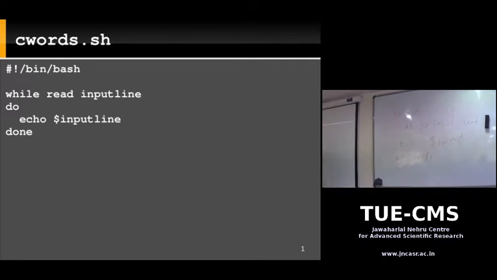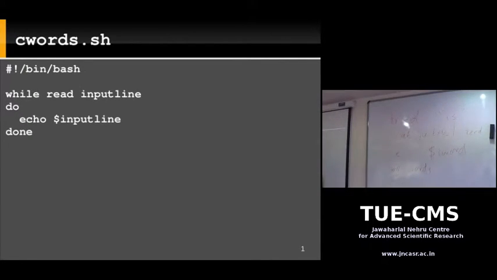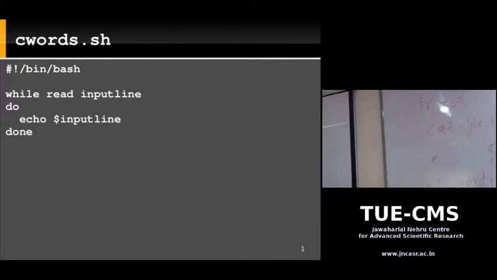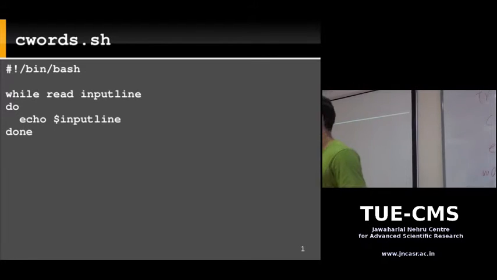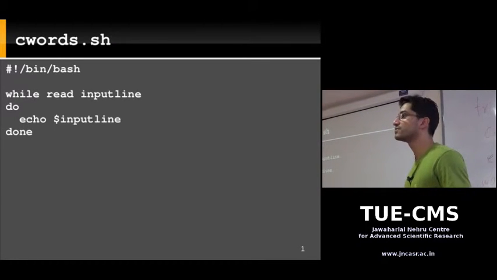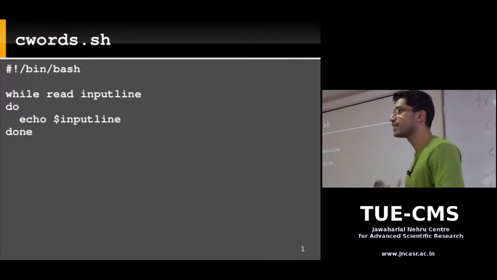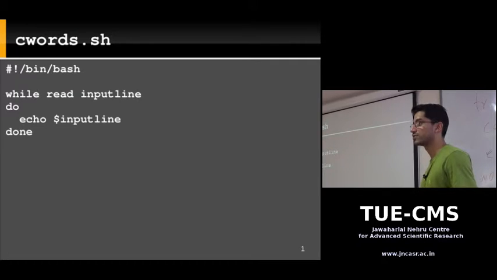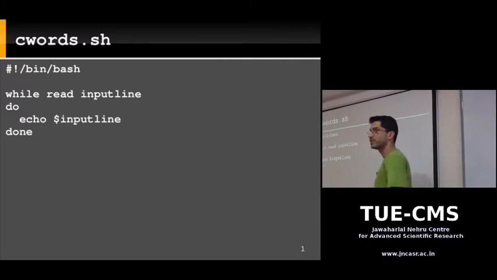Once read sees the end of file character, it's going to return a failed exit status. So as long as the exit status of this whole command, the read, is true, it shows success, the loop is going to continue. So it's going to keep reading lines until it runs out of lines. When read runs out of lines, it returns a failed exit status and the while loop is going to stop. Is that okay? Is that clear?